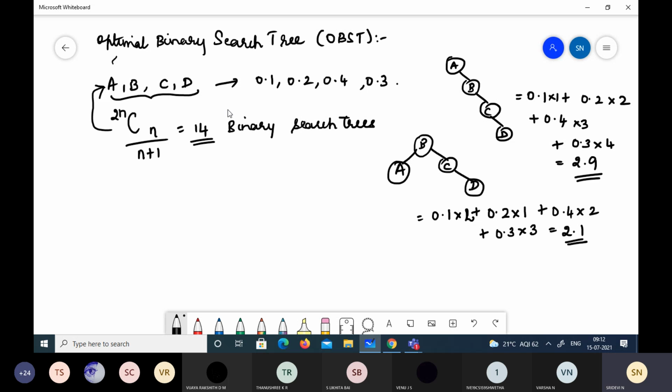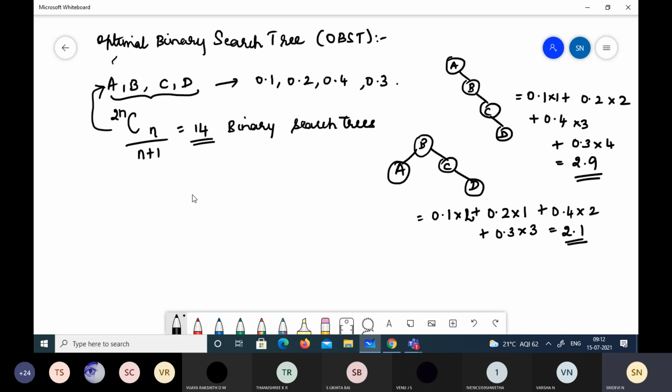Hence, we have the algorithm called optimal binary search tree, wherein we derive a recurrence relation using the dynamic programming algorithm, and we will have all possible ways to choose a root among the keys. See, we have 4 keys, anything can be a root here. So we will have all possible ways of choosing a root, and this root contains a key.